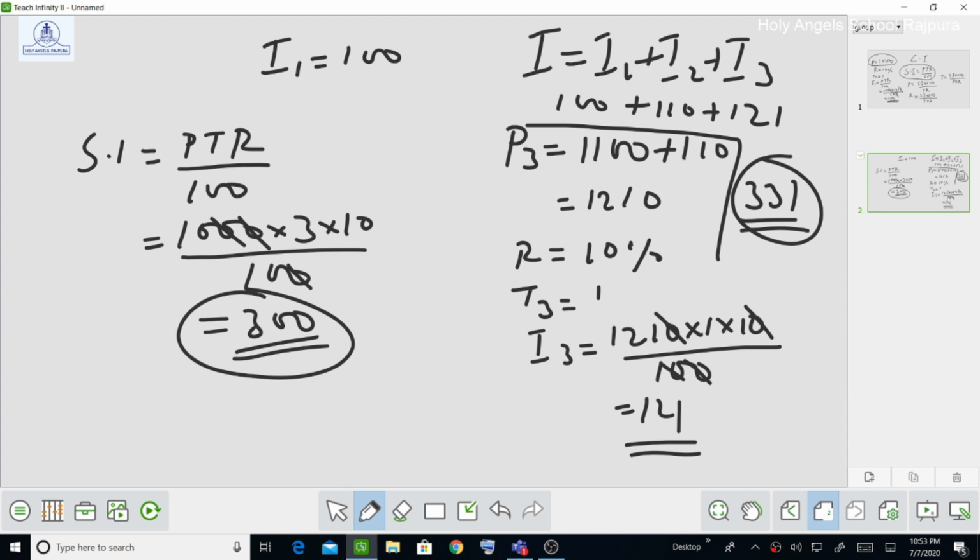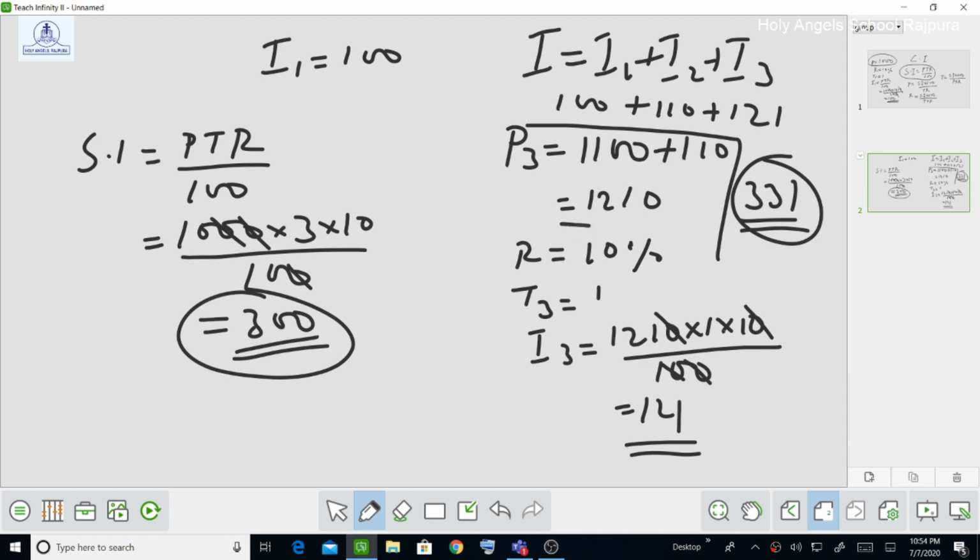That is why it is called the eighth wonder. When you calculate the interest for a small amount in a compound interest scheme over a certain period of time, it becomes a huge amount. Even when you take 1000 rupees as the principal for 3 years, the difference you see is that simple interest gives 300, and compound interest gives 331. What is the amount at the end of the third year?